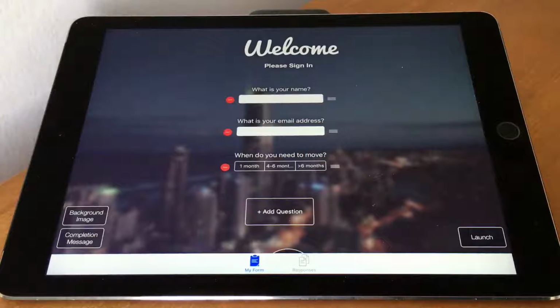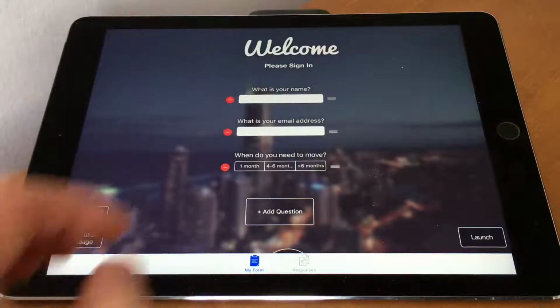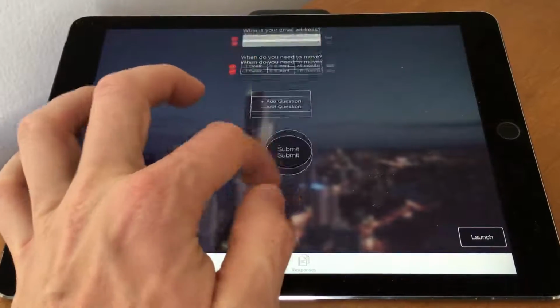This is the Open House app from Wanderbit. It's an app that real estate agents can use to get information from potential buyers that visit their open house. The way the app works is you can design a form like this with questions that you want to ask